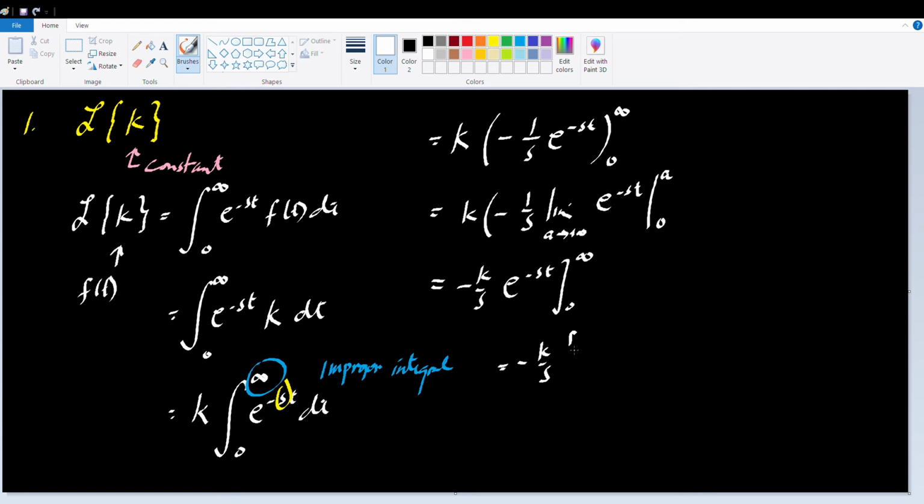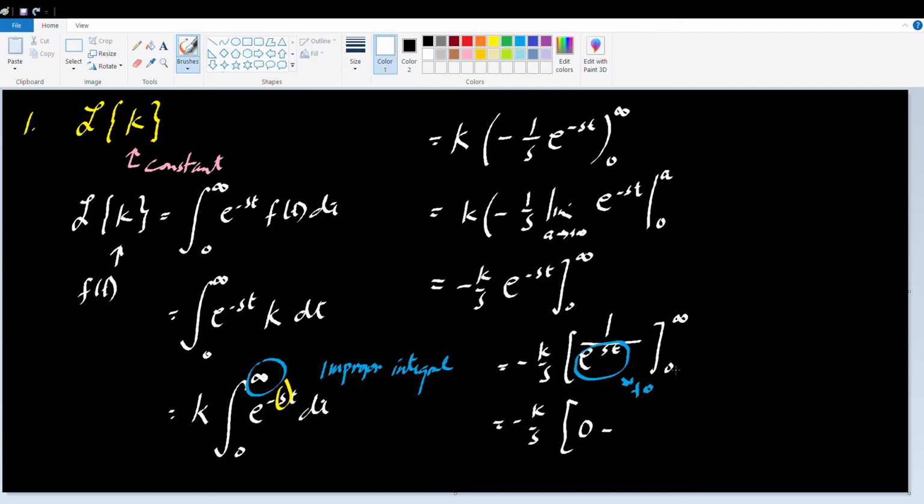Negative k over s, e to the negative st is actually 1 over e to the st, from 0 to infinity. Now, replacing t by infinity, the denominator will approach positive infinity. E to the infinity is infinity. And 1 over infinity, the quotient of 1 divided by a very huge number, the limit will be 0. So it will be 0